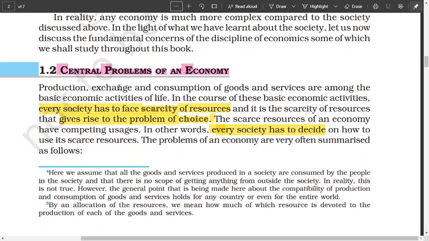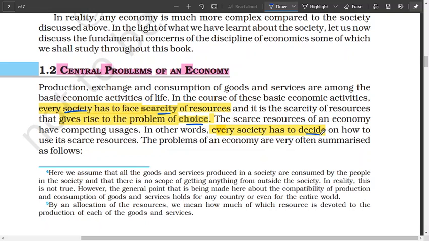We have talked about earlier that every economy, every society, faces scarcity of resources. No one can claim to have abundant resources, always scarce. So they have to make a choice. They have to decide. They have to think how to use these resources effectively to get the benefit out of it. So that's why it's a problem